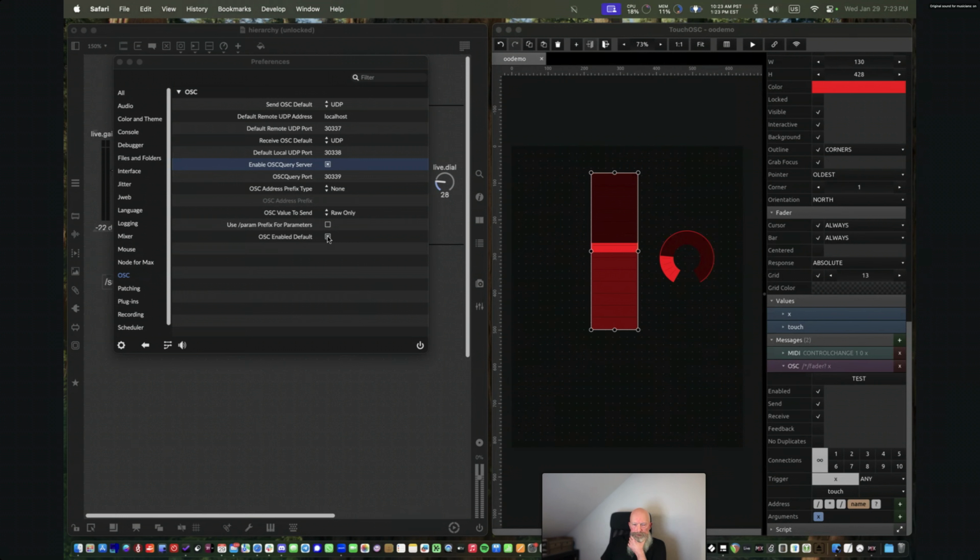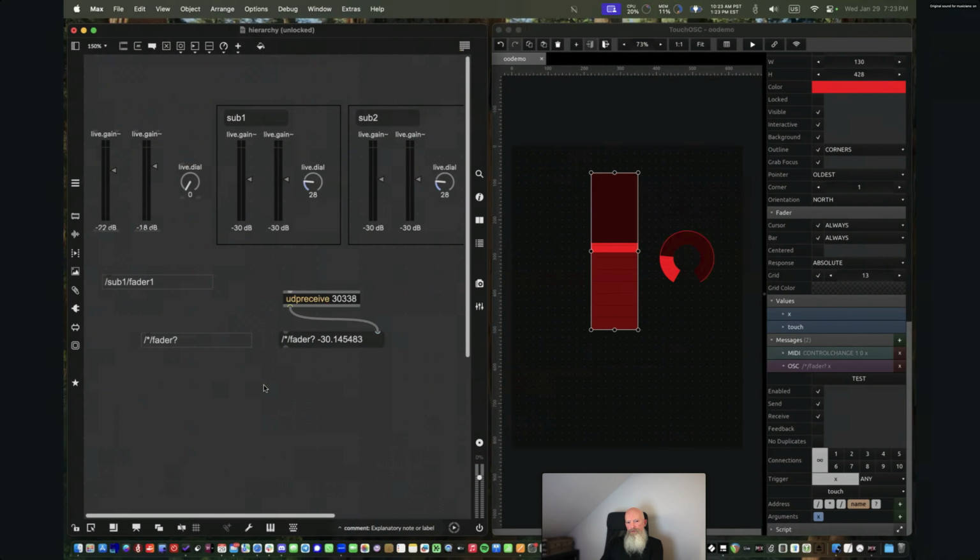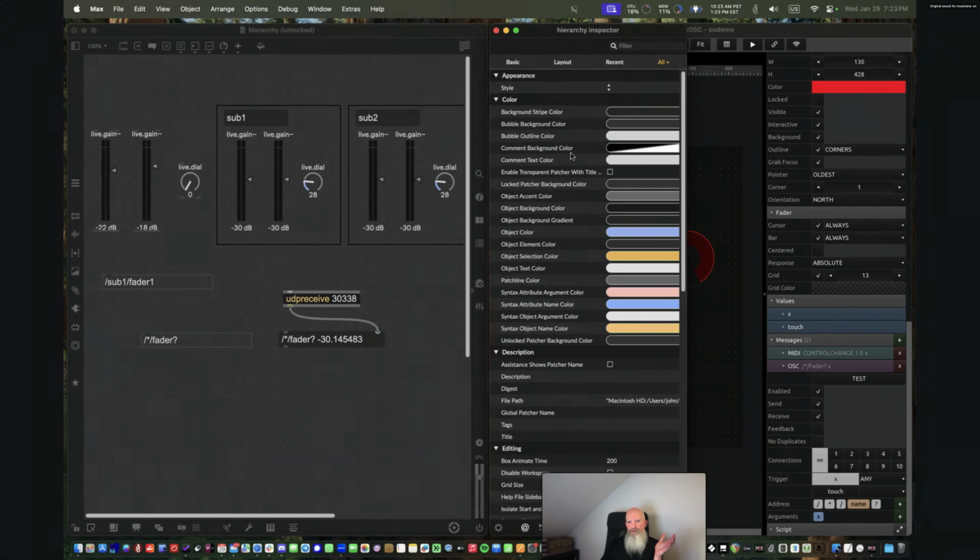But for the most part, the deal is that the preferences set here in the global preferences apply to all patches that get opened in Max, but they can be overridden on a per patcher basis. So if you need different behavior, like in this particular patcher, you can open the inspector window, and if you type OSC,